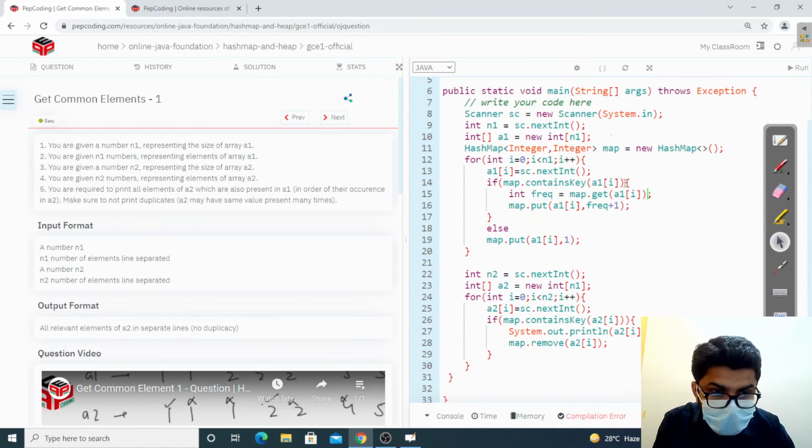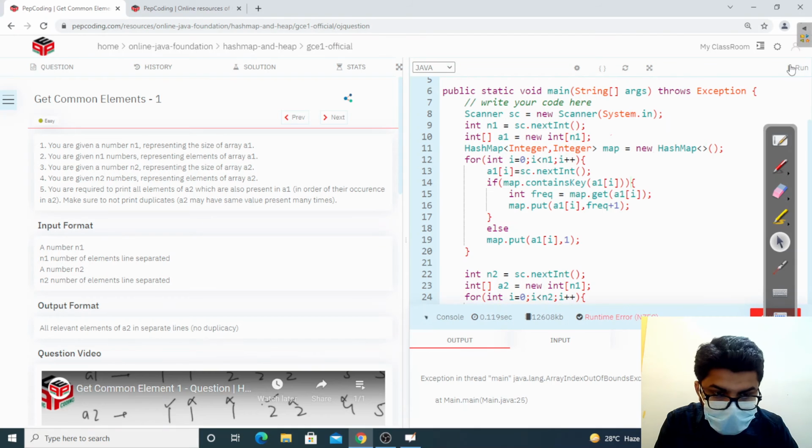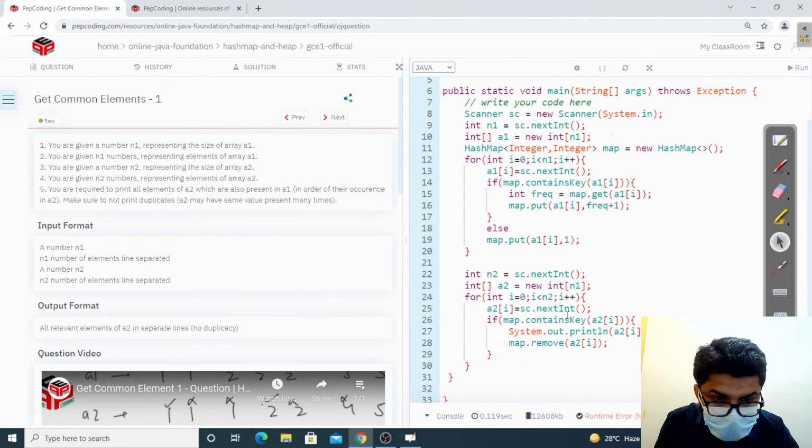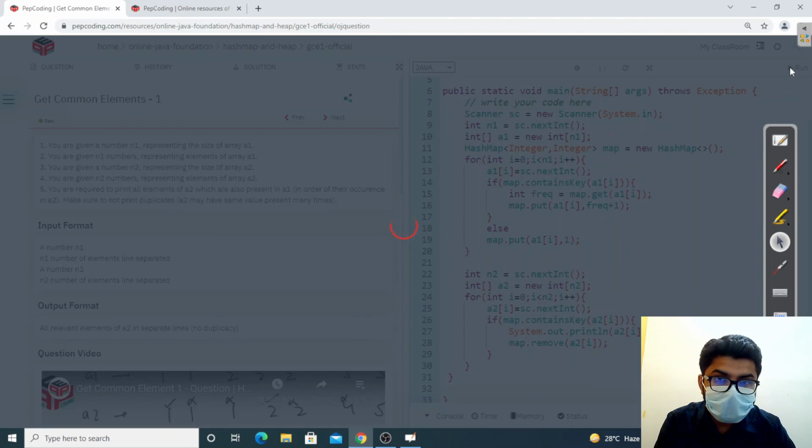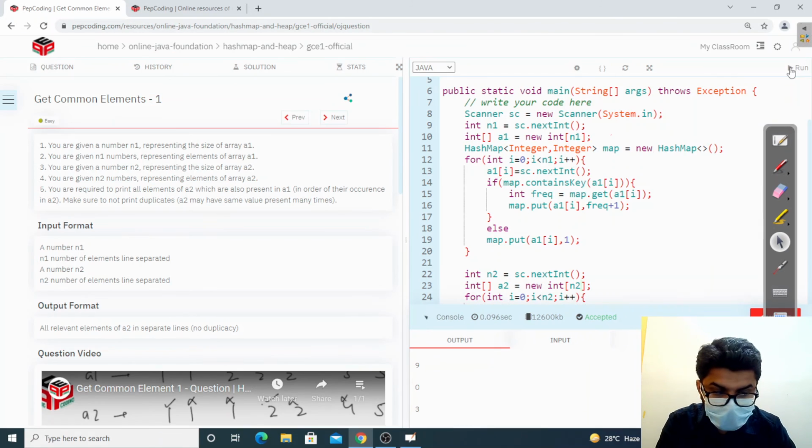Here. So we are getting an index out of bound error. Yeah, here I have to change the size to n2. Okay, see, we are getting the correct answer.